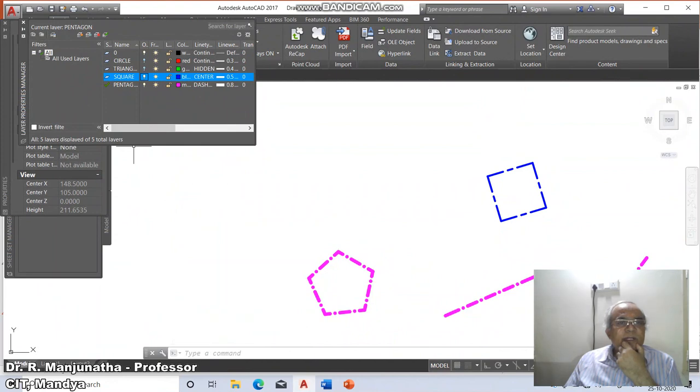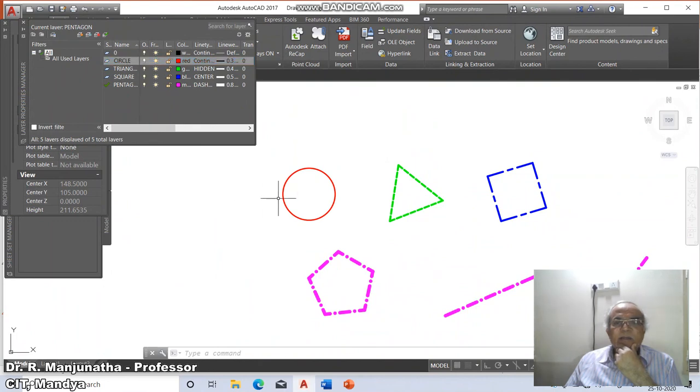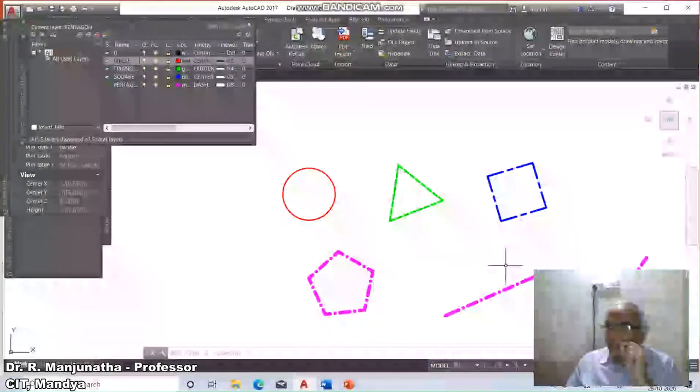When you switch on the triangle, you can see the triangle entity has come back on your screen. Similarly the circle also comes on. So this is how we use the layer by using on and off.